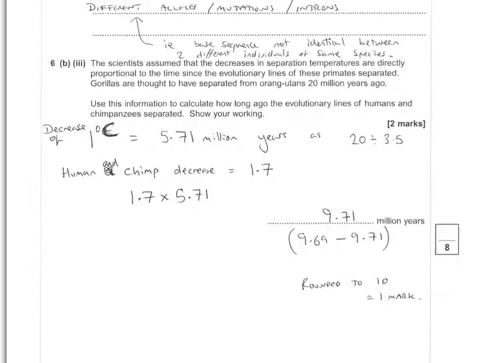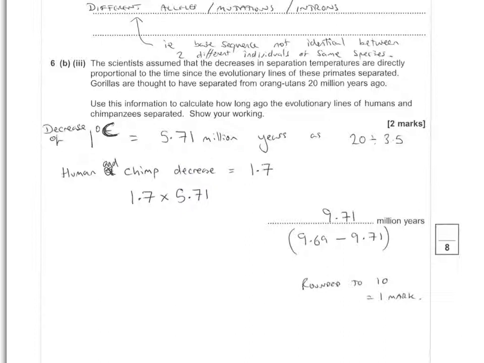I thought this question was really tricky. So first of all, 20 million years ago was when the gorillas and the orangutans separated. They have a decrease in temperature of 3.5. So you need to work out what each 1 degree decrease is worth in million years. So you do 20, because it's 20 million years, divided by 3.5. So a decrease of 1 degree Celsius is 5.71 million years